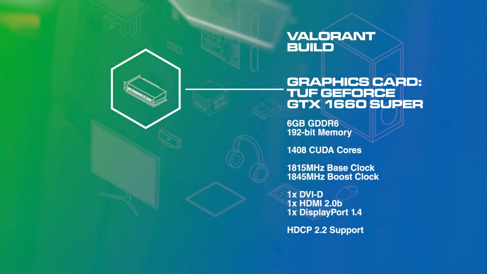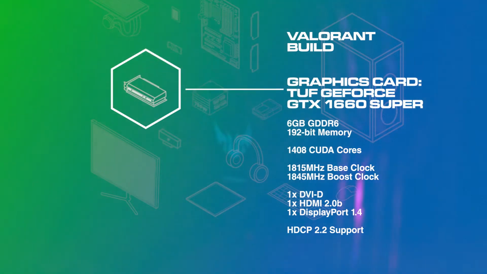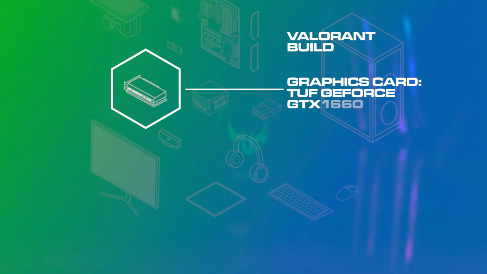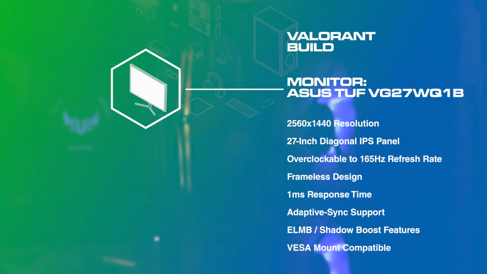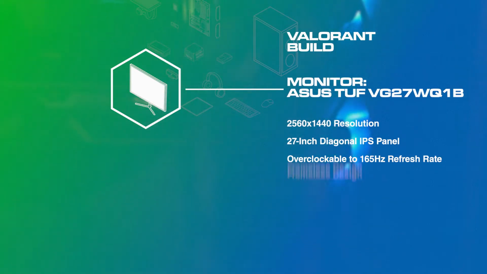For graphics, we went with the TUF GTX 1660 Super O6G Gaming. Look, Valorant has a nice art style, but it's not really at the cutting edge of graphics technology right now, so we won't be needing an RTX card for this build. The GTX 1660 Super will be more than enough to play Valorant at high frame rates, especially once we hook it up to our TUF VG27WQ1B monitor, a 27-inch 1440p screen that goes up to 165Hz,